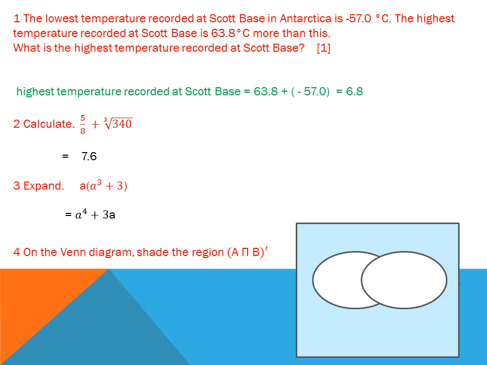Here, some part is missing: one circle remains unshaded, another circle also remains unshaded. You should shade the whole circles except the common place between these two circles. A intersection B means the common part between A and B. One circle is for A and one circle is for B. The only unshaded region is the common place between the A and B circles, and shade all the other parts.